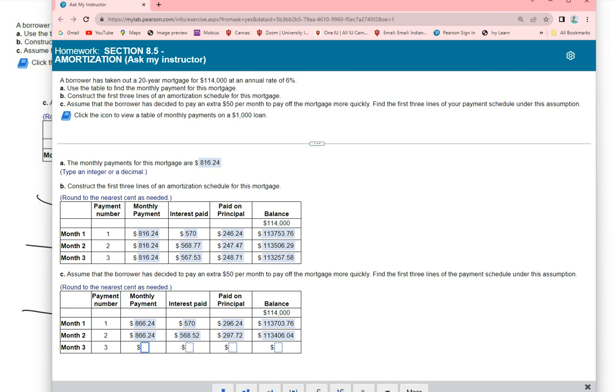And so again, it's going to be 866.24. For my interest paid, I have to take the previous balance, which is now this $113,406.04 times 0.06 times 1/12 of a year. And that'll give me